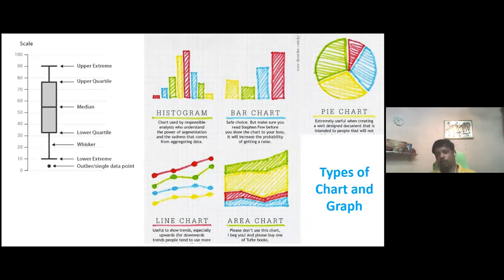So to say it again, when you want to use categorical variables, nominal or ordinal variables, it is better to use a bar chart or pie chart, because we're going to use frequencies. But if you want to use continuous variables, you can use a histogram, line graph, and plot chart.